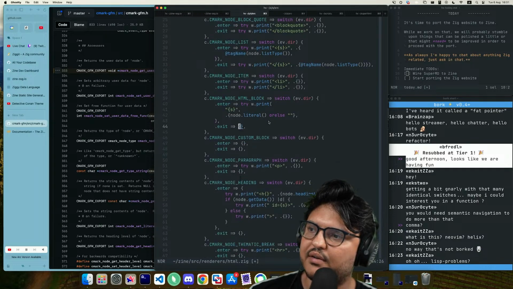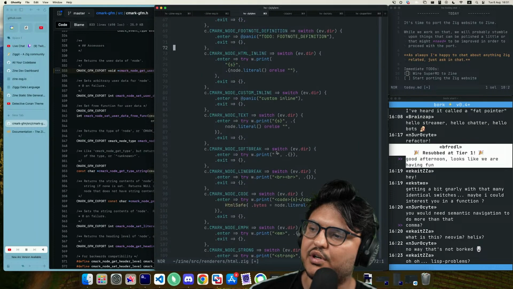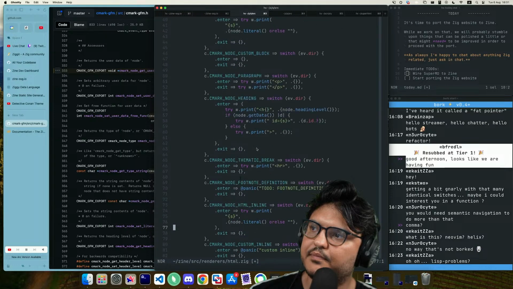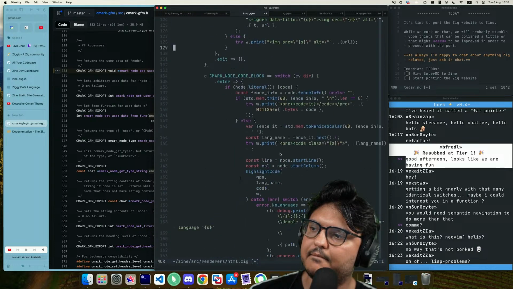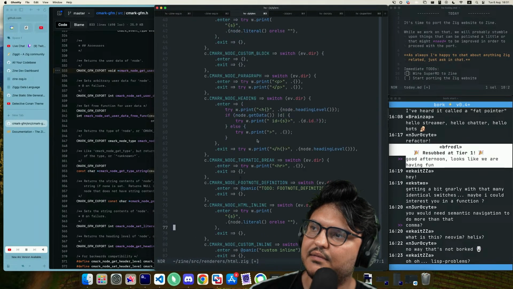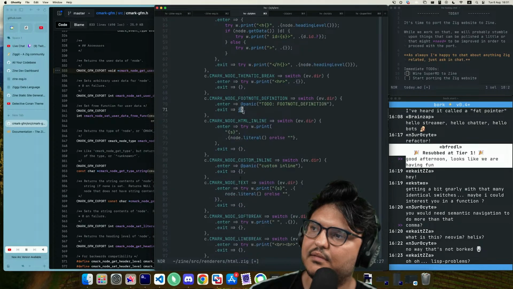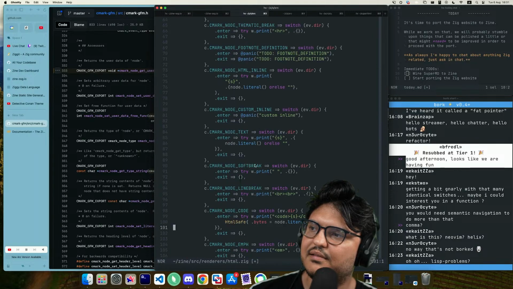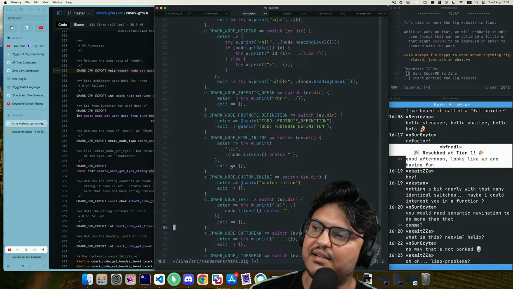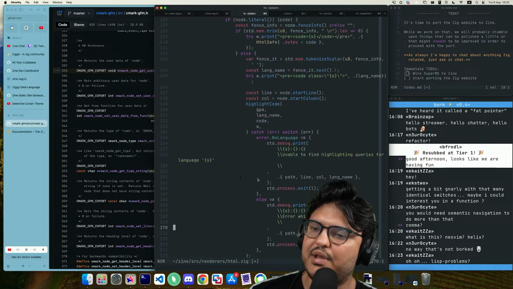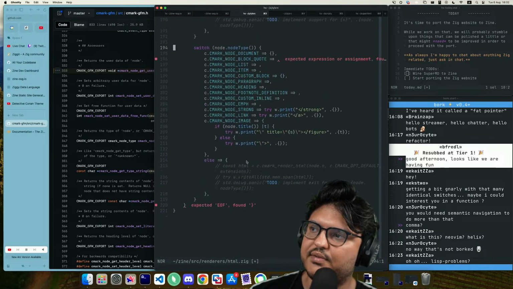What am I doing? A paragraph. Oh, they're not even in the same order. Jesus, man. Oh no, it's because custom block has nothing in it. Okay, I guess. Heading. Footnote definition. Just panic. Okay, setting aside, I borked the thing slightly, but it wasn't all that bad. I think that we saved time overall. What did I just cut? Emphasis.